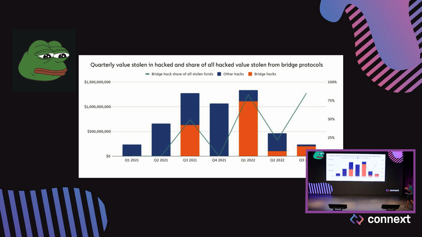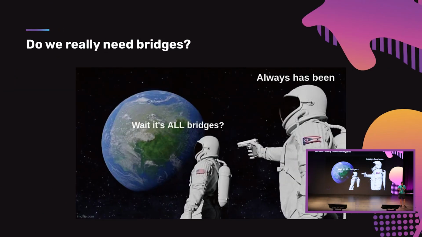And how do we actually work towards secure bridging, secure communication across blockchains? And before we even get to that point, do we even really need bridges to begin with? Now, I think these are all really important questions that people are asking themselves today. One of the unfortunate answers is that we do kind of need bridges. So a lot of people think about bridges as mechanisms to communicate between different layer 1 systems, but the same core concepts apply regardless of whether or not you're doing communication between execution environments, from an execution environment to a DA layer, so a rollup bridge between DA layers, or from a DA layer to a settlement layer. These are all things that are going to exist.